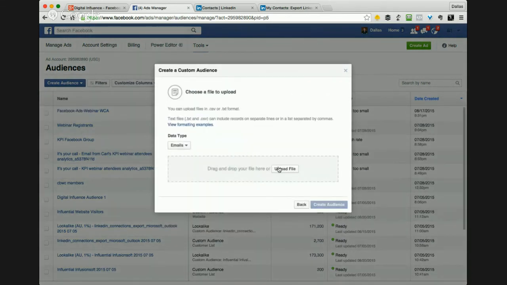I can either upload the file, and if you upload the file, it should be a CSV or text file, and just include emails only with no heading. For example, you don't want the heading that says email address. You just want a list of emails, a single list with each email on one line, or emails separated by commas is fine.